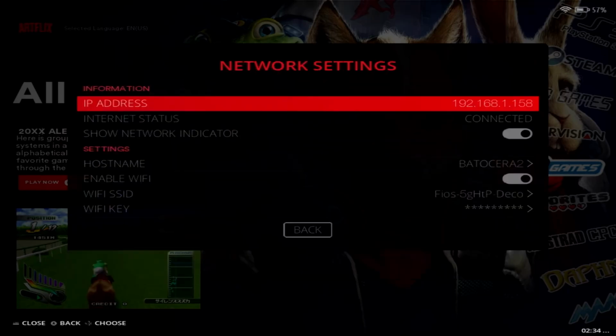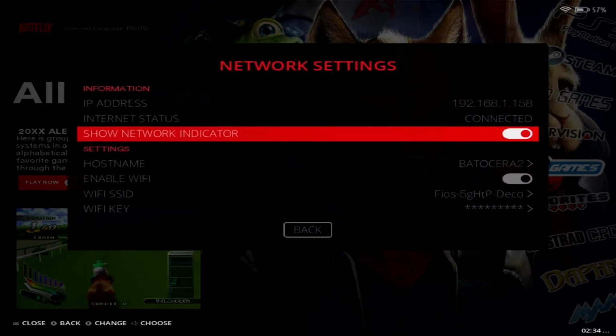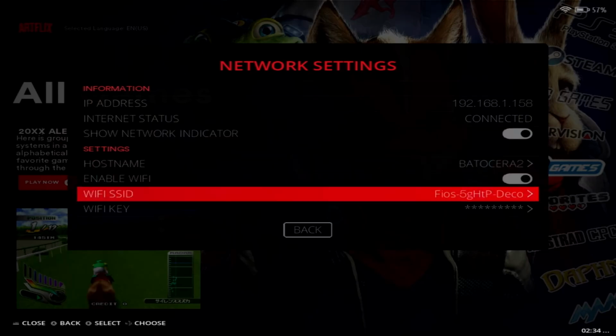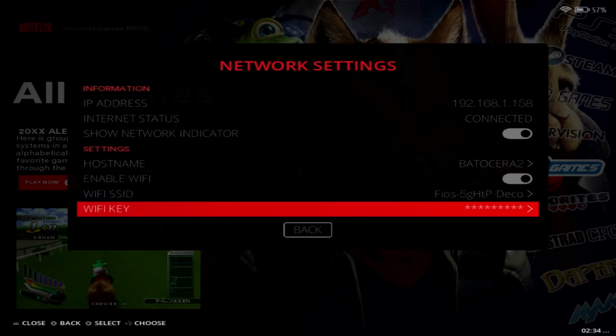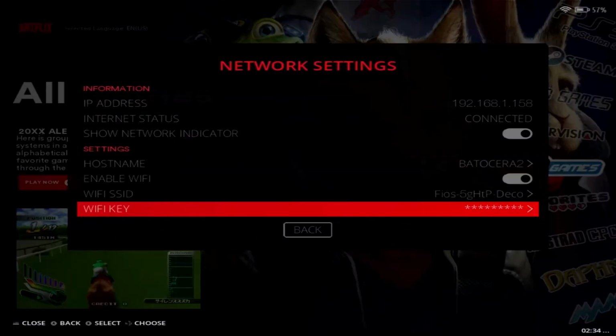So you can come on down here, network settings, and plug in your Wi-Fi SSID and put in your password. And it should connect, and you should see a little Wi-Fi symbol in the top right. Once you've got that,